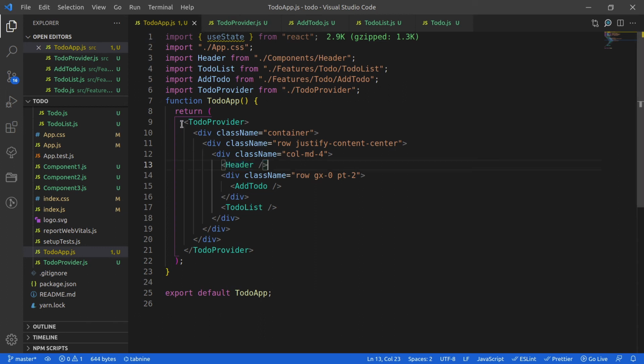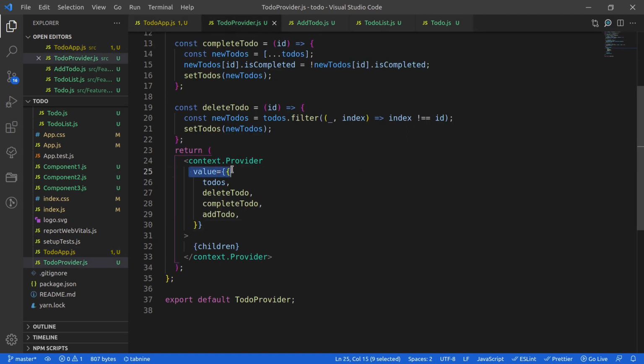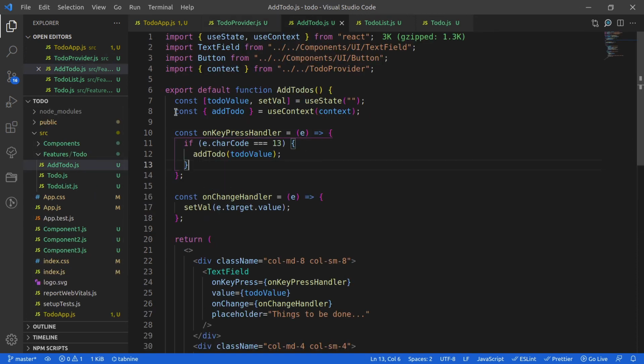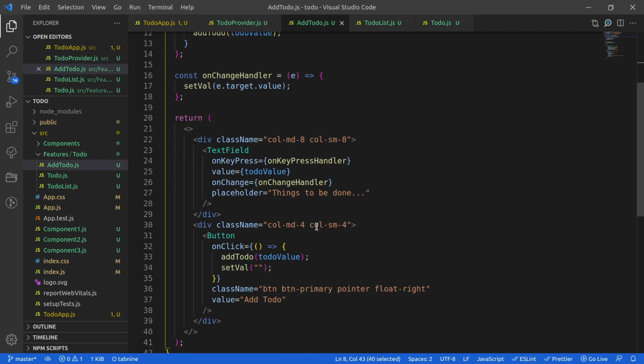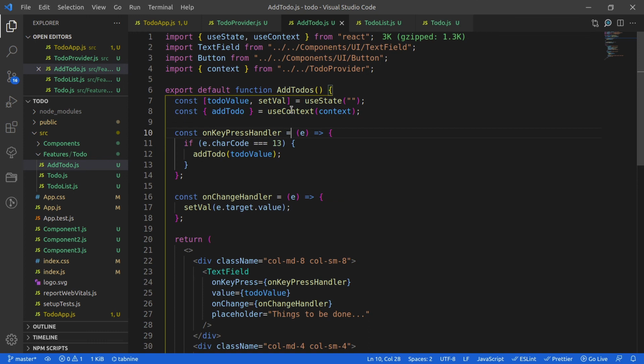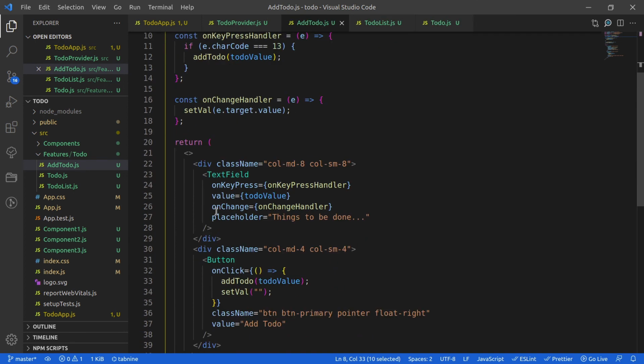But in reality, you should wrap it only if you know that all my inner children are going to utilize these values. So I have passed to-dos, delete to-do, complete to-do, and add to-do. So add to-do functionality is done. You can see that I have used this method via a useContext API, and rest of the code is same, thanks to the useContext API, because I haven't modified any of my code.